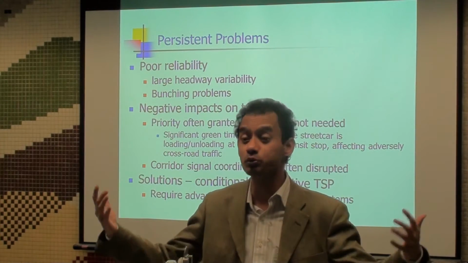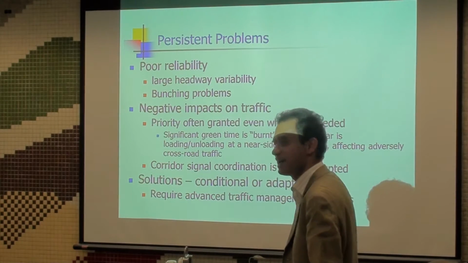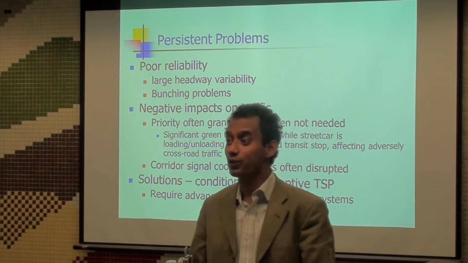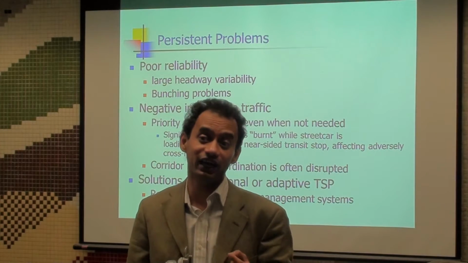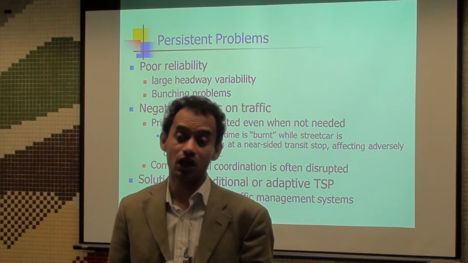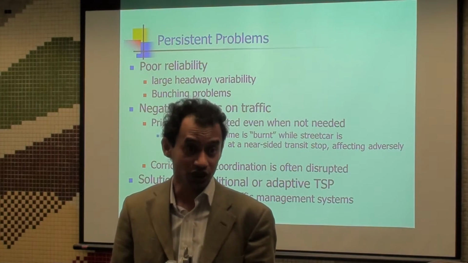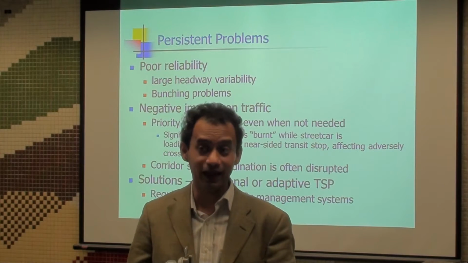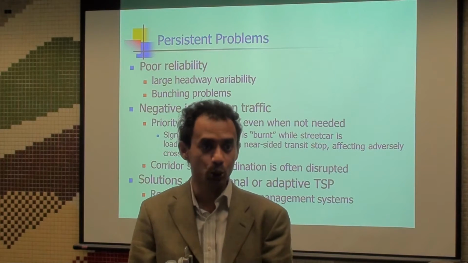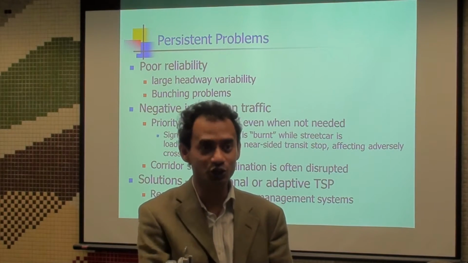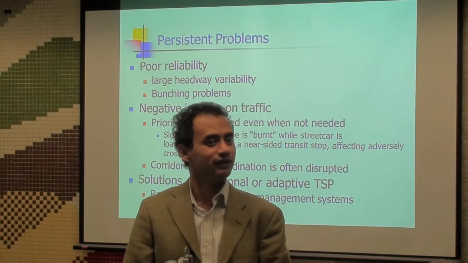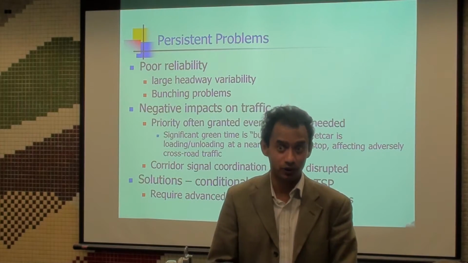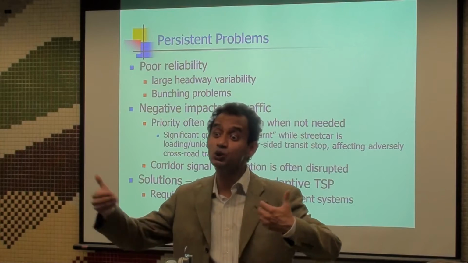The investment of putting in those advanced traffic management systems means we don't only have the traffic volume information at the intersection. We have mid-blocks and other sensors, which can also feed information into these kinds of adaptive transit priority corridors, so that we can make sure the queue length